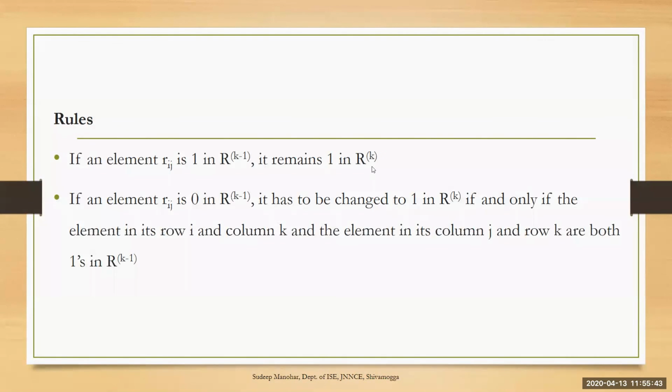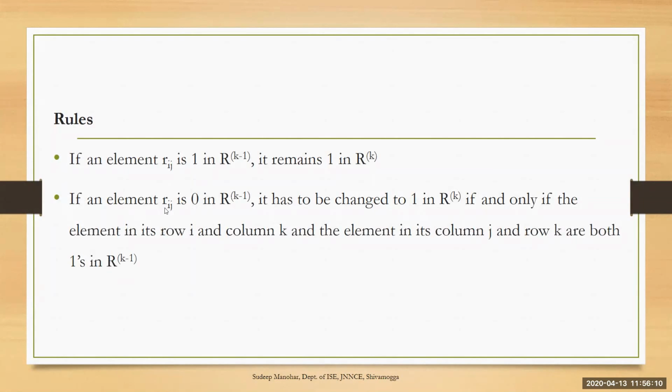So this is one of the rules. I told you that there are many stages. In this example, there are 5 stages, starting from R0 till R5, and one by one we have to calculate them. We have to calculate R0, R1, R2, likewise all the matrices. While calculating, if any cell contains a 1 in the previous step, then in the next step that 1 remains as it is, no change in that. That is one of the rules.